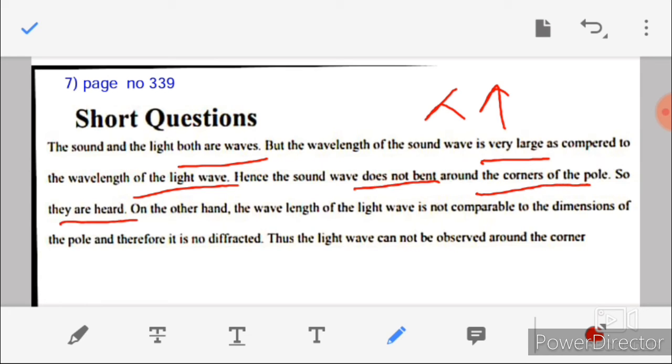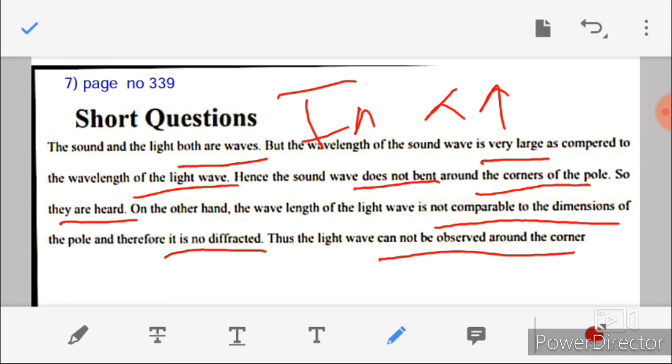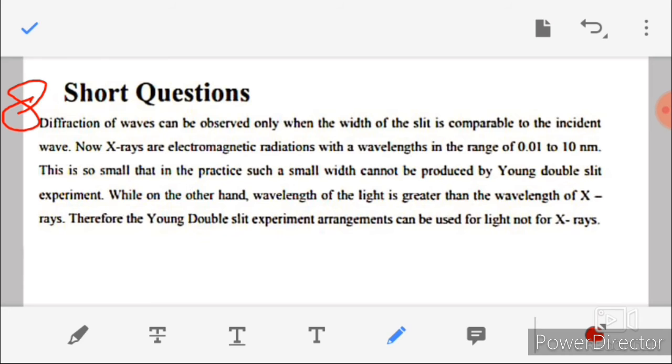They are heard. On the other hand, the wavelength of a light wave is not comparable with the dimension of the pole, therefore it is not diffracted. Thus, light waves cannot be observed around a corner. So this is an important question. Now moving towards question number 8. Answer: diffraction of a wave can be observed only when the width of a slit is comparable with the incident wave